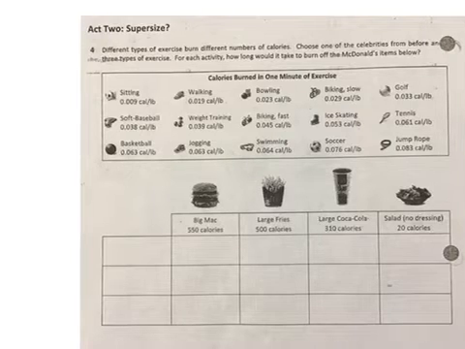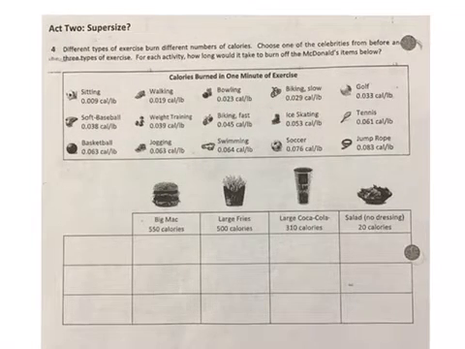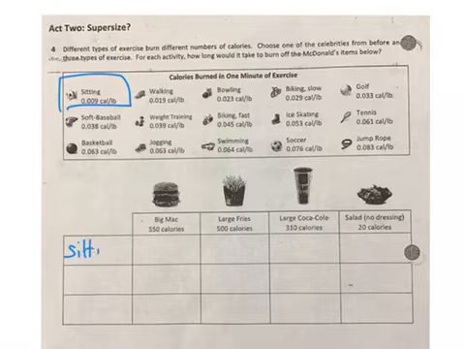Well, I'm going to pick sitting. Okay, I got it locked now, so it's not going to move. I'm going to pick sitting. So that's my first one. My first activity is sitting. You will then, after we're done with sitting, you're going to pick 2 other exercises and you'll put them in